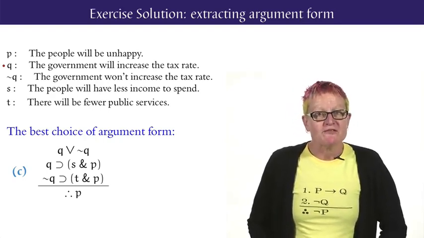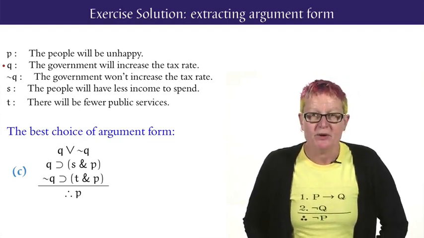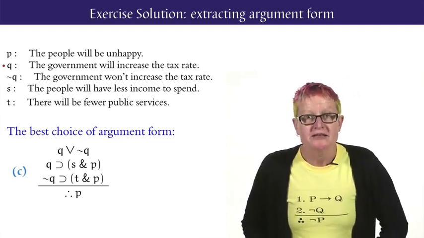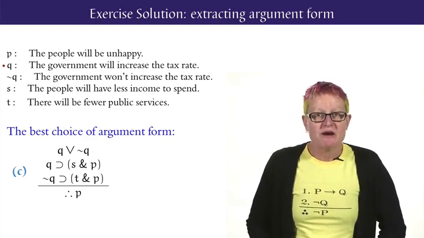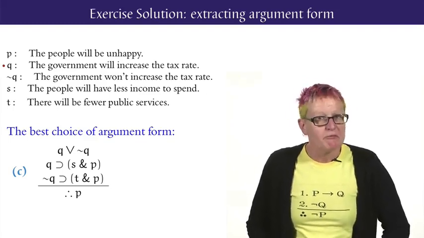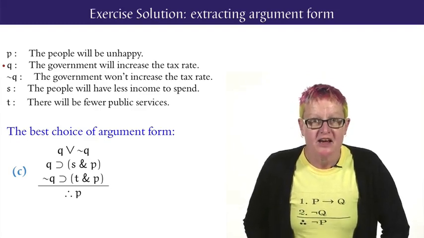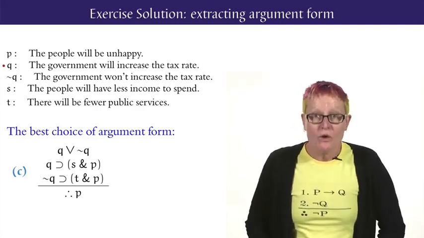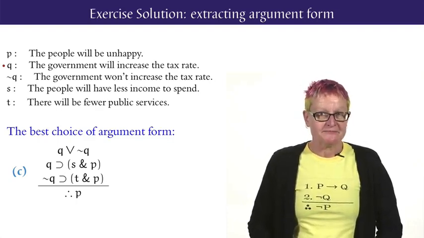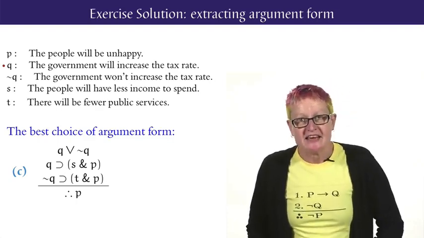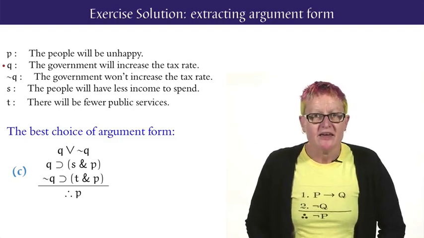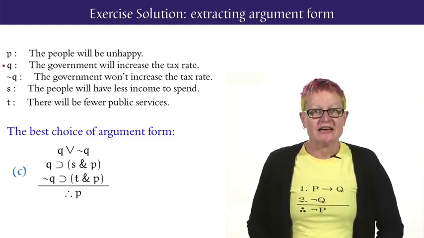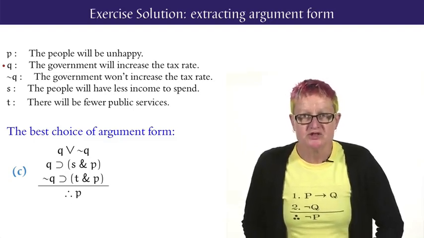The best formalisation of the first premise is Q or not Q, taking the atom Q to represent the sentence, the government will increase the tax rate. So then not Q represents the government won't increase the tax rate. Here, choice C is better than choice B because B ignores the negation opposite relationship between the two disjuncts in